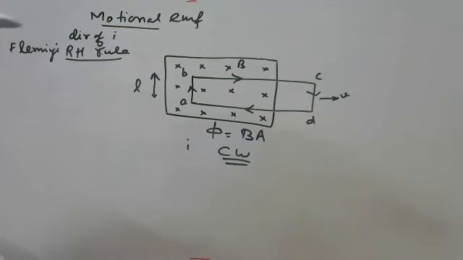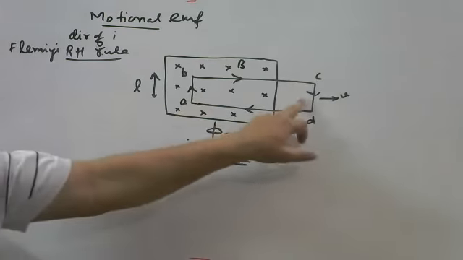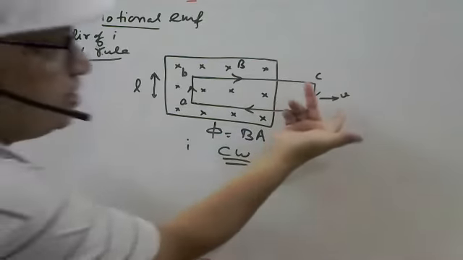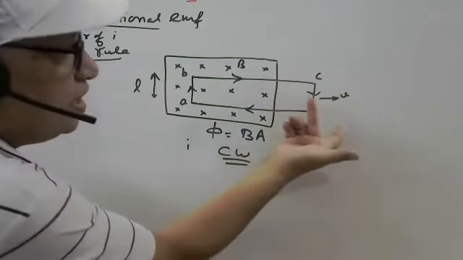It is correct. Suppose you apply the Fleming right hand rule just to find out the induced current on the CD part. It is what? D to C, anti-clockwise. So it is wrong. Got it? Never apply the Fleming right hand rule on that part which is not linking with the flux.